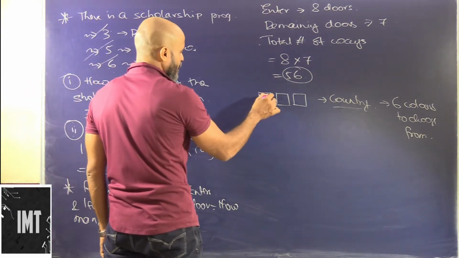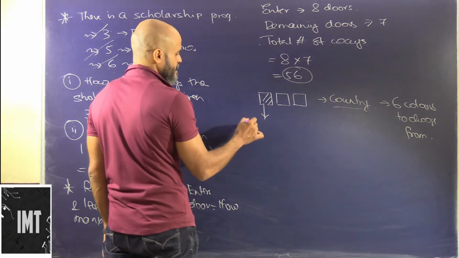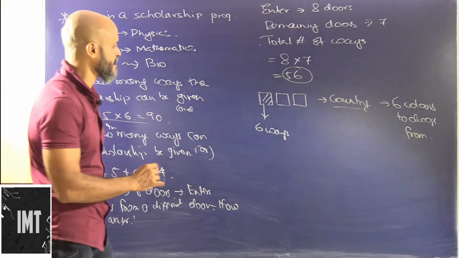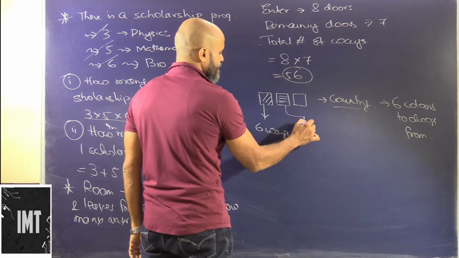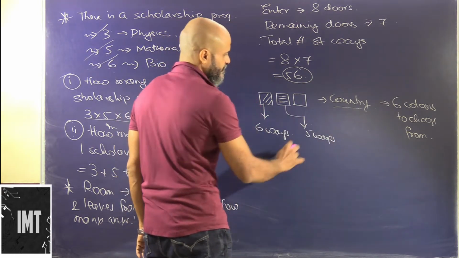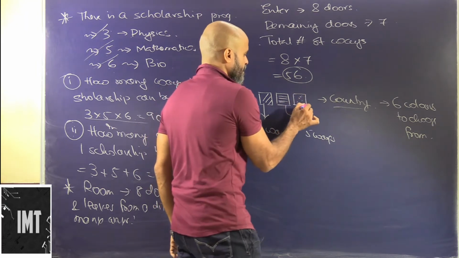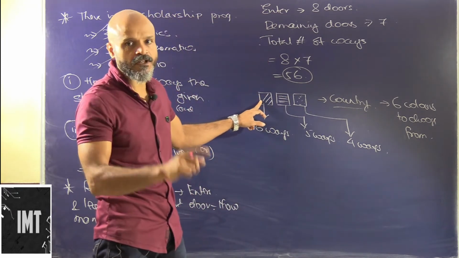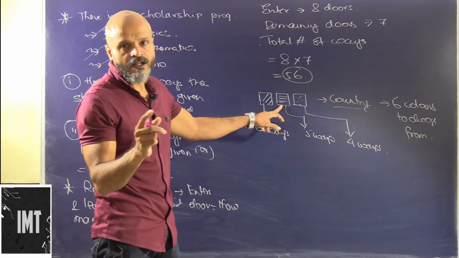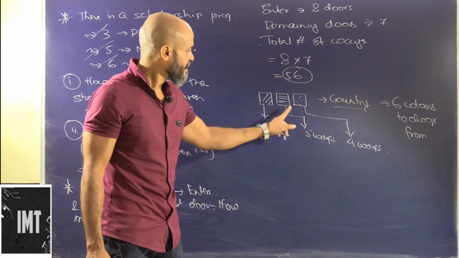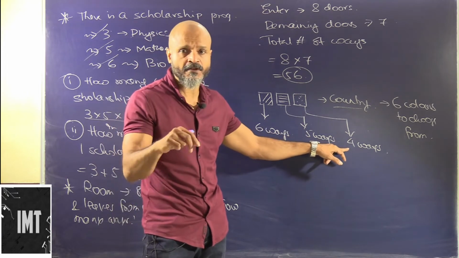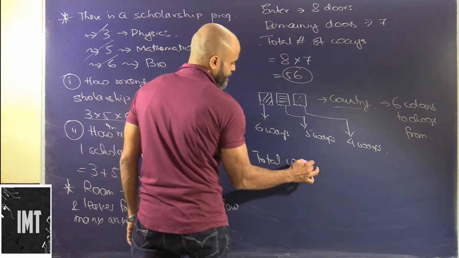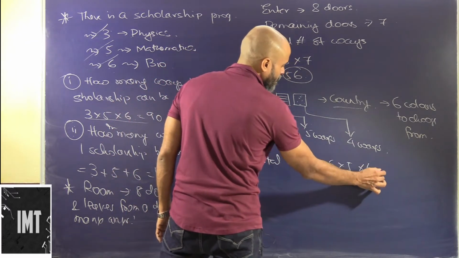Okay, so the first color, let's say we have chosen one color, so this can be done in 6 ways, right? The choosing of the first box or the color can be done in 6 ways. So obviously the next color can be chosen in 5 ways. And the third one can be chosen in the remaining 4 ways, right? 6 ways to choose the first box and the first color, 5 ways out of the remaining colors to choose for the second box, and 4 ways out of the remaining colors to choose for the third box. So the total ways here will be 6 into 5 into 4, because all these are